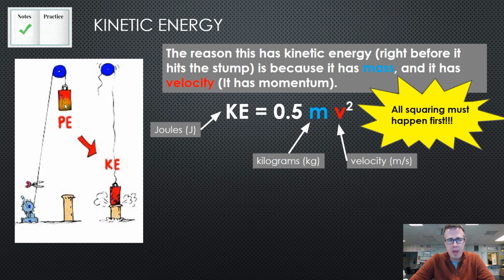So this red mass, the line was cut and it came crashing down and it hit this stump down here. And the reason why it had energy right before it hit the stump is because it had momentum. I told you a little bit ago that energy can't be destroyed, so once it hits the stump, all that energy is going to be transformed into other things like sound and heat and the motion of the stump going